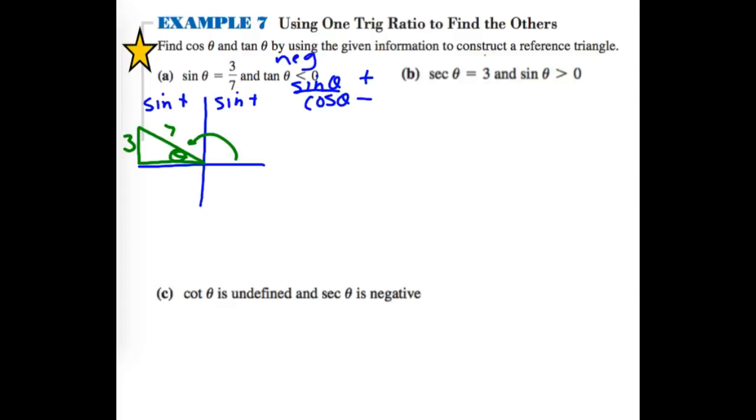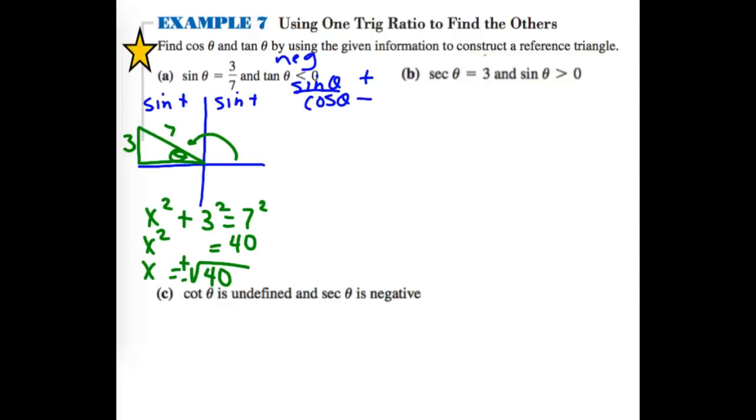Can we find the missing one, the x value? Yes, we're going to use the Pythagorean theorem. So x squared, our missing one, plus 3 squared has to be 7 squared. So x squared would have to be 49 minus 9, 40, which means x is going to have to be the square root of 40,